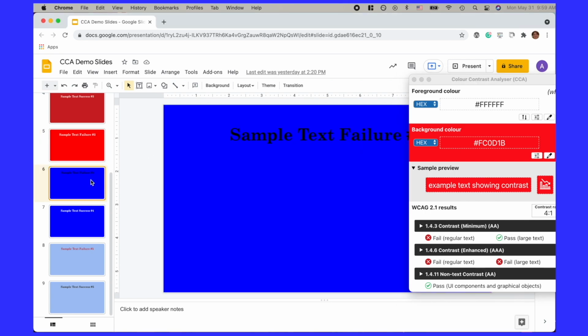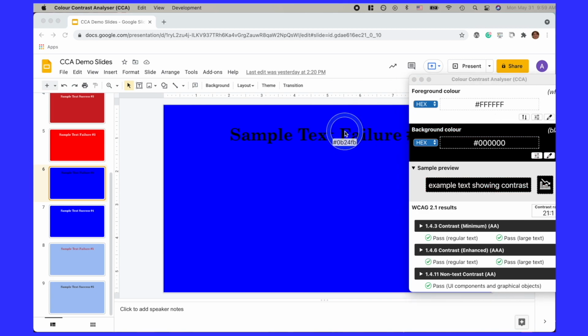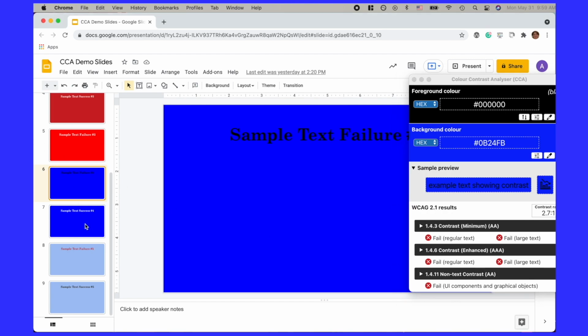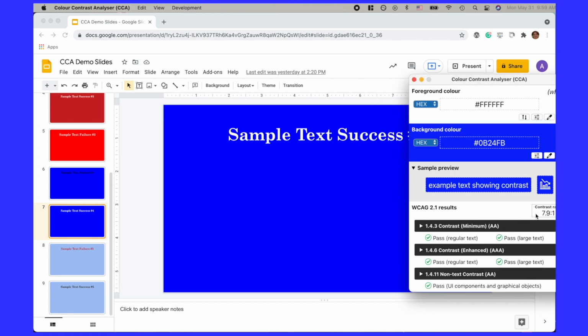Now I'm going to go to another slide here. This is another one that kind of fails, and you can see here when you have the black on the blue, we'll take a quick look at that now. When you have this black on the blue, what happens is that you end up having a very low ratio. Again, at this point it's 2.7 to 1, and it's difficult to see. Now what you could do is make it white, and if we go back here and put the white text on the blue, you'll see we hit 7.9, and that's enough that we pass everything. So that kind of gives you some ideas there.